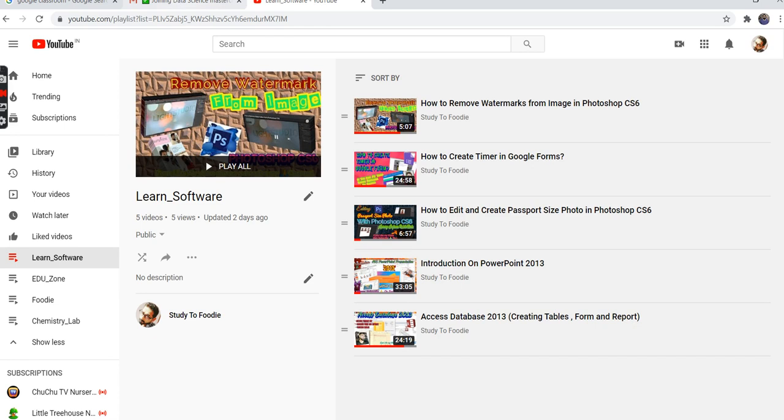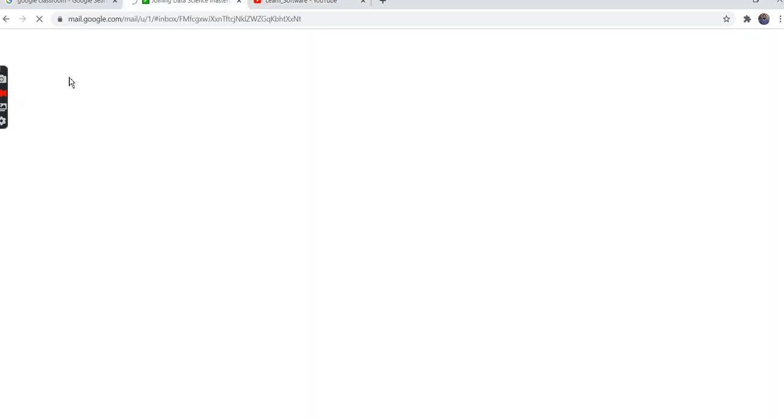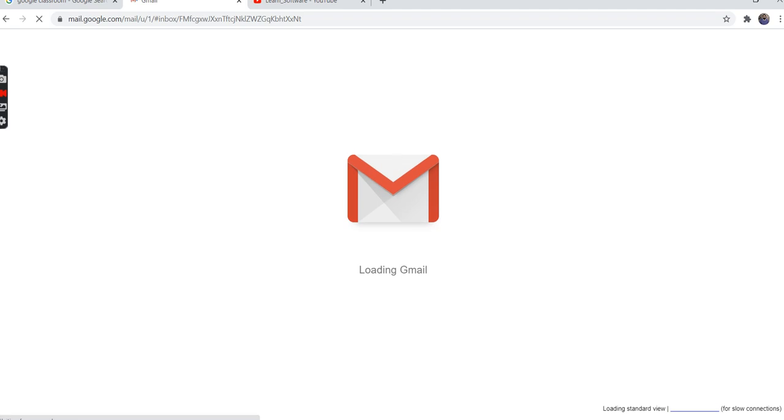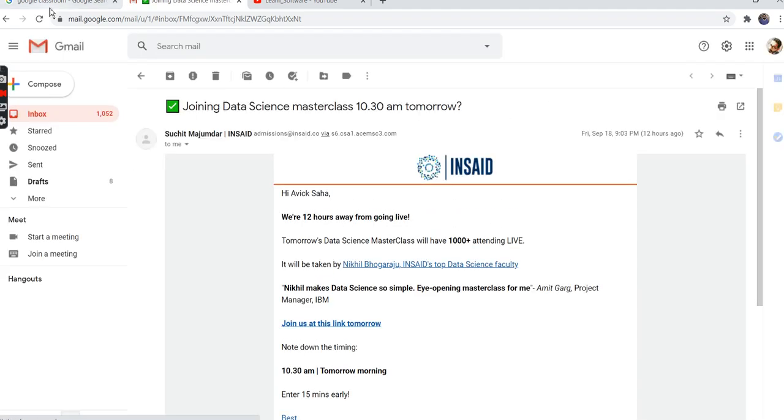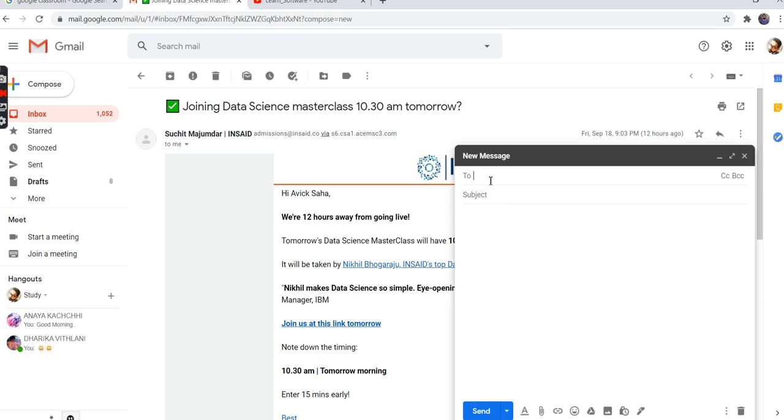How can you send it? Directly go to the Gmail account, and there compose is given. Where is it given? Just a minute, it will come. Now compose is there. After that, what you need to do, you need to attach and choose the recipient. Think like Nisha ma'am, I just want to send, or any others if you want. Later you can write a subject. After that, like demo. I am just showing you, for this purpose I have written demo.